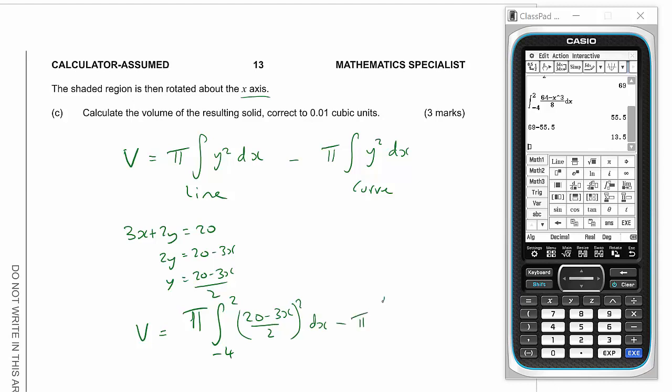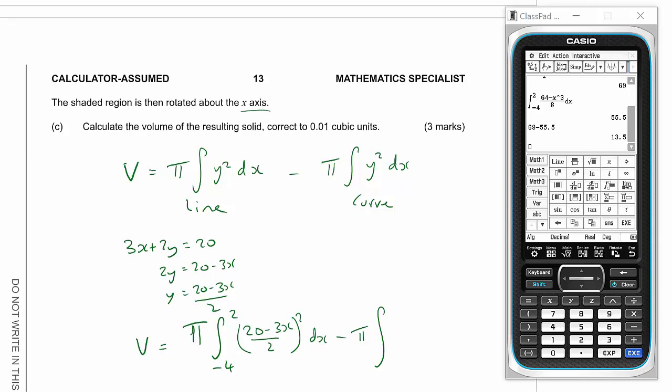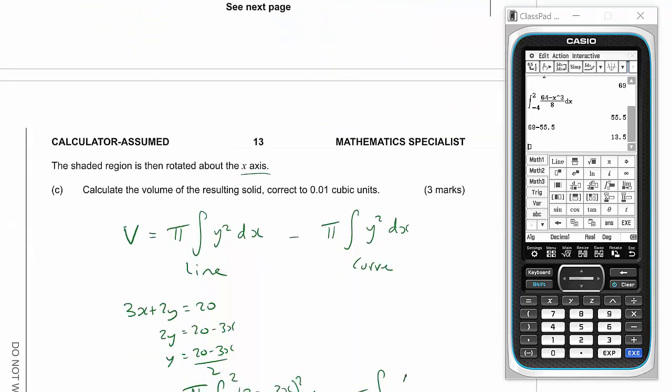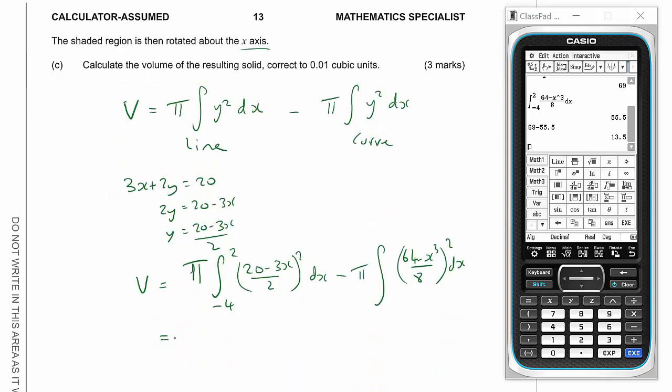And then we're going to have pi times the integral of y squared, which is the (64 minus x cubed) over 8 squared dx. And again, all of this can be done on the calculator,